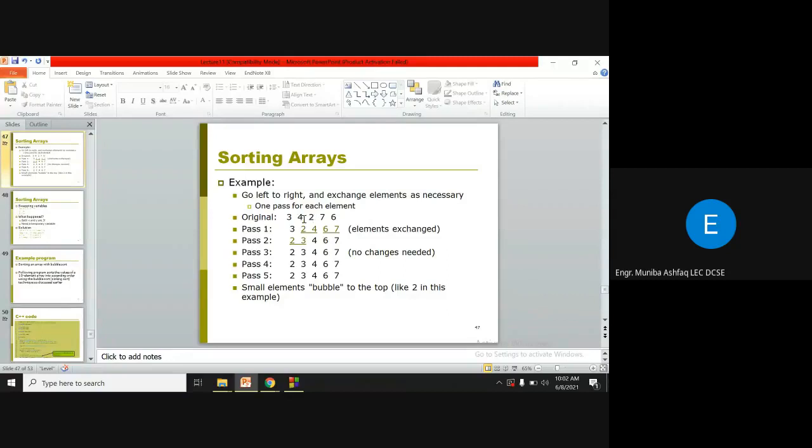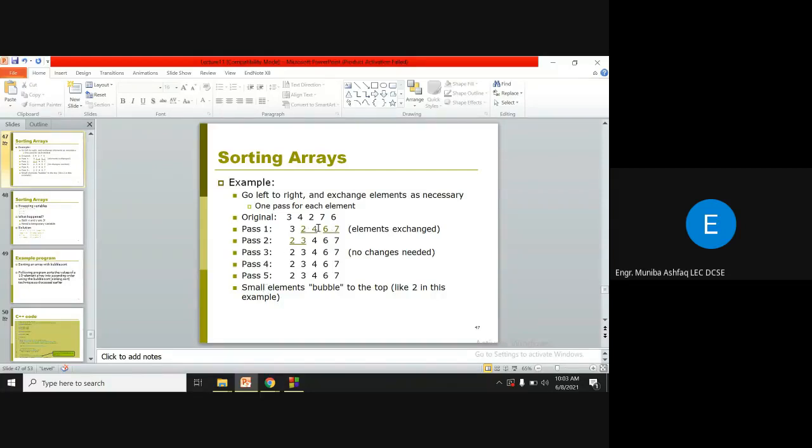We check the further two consecutive elements 4 and 2, this is not in the proper form. So what we have to do is we have to swap these two values. So instead of 4 and 2, we write 2 and 4, and then you check 7 and 6, right? So 7 6 is not in the proper form, 6 7, you have to swap these, right? So there are different passes,